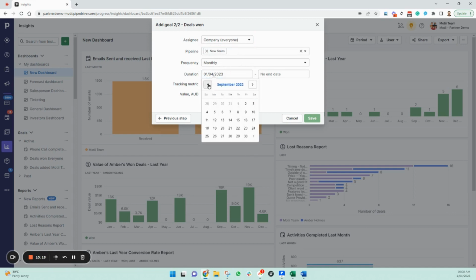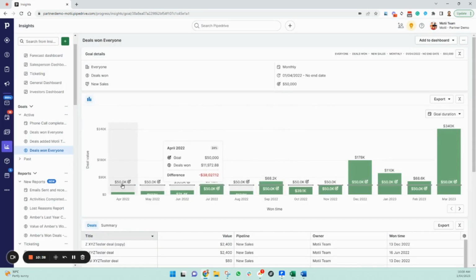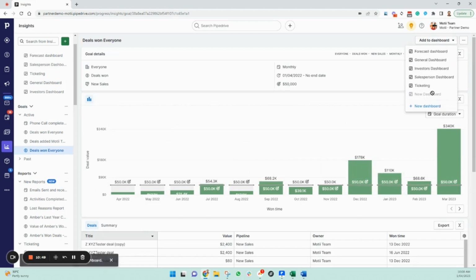Our start date for this is we're going to wind back to, let's say, around a year ago. No end date, and we're looking at the value, and the value here we're going to say is, let's say, $50,000 per month, and we hit save on that. And what you'll see here when this loads is that it is a goals-orientated report with the goal at $50,000 per month, and we can see how we've been tracking this over the past 12 months or so that we've set for this. And I'm going to add this to our new dashboard,